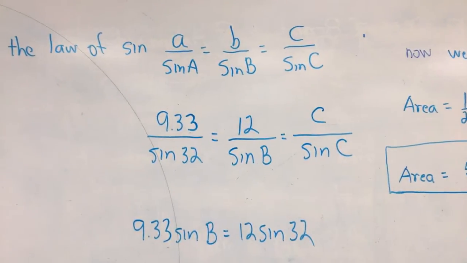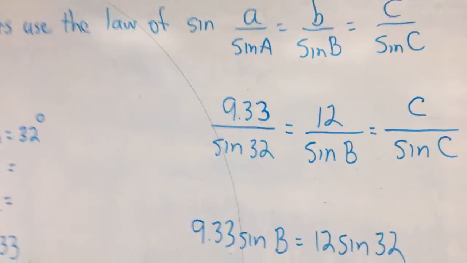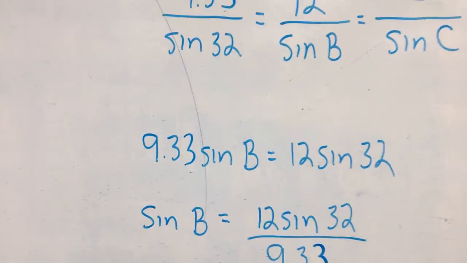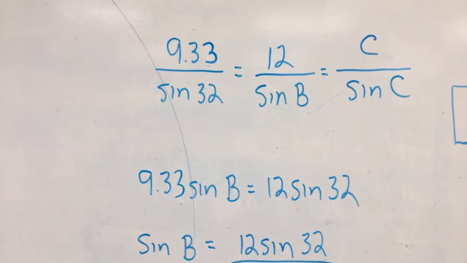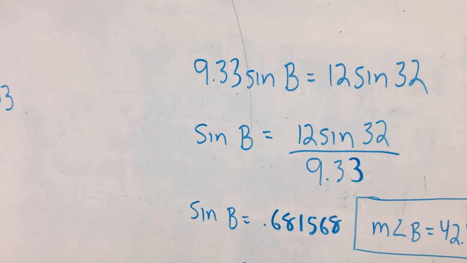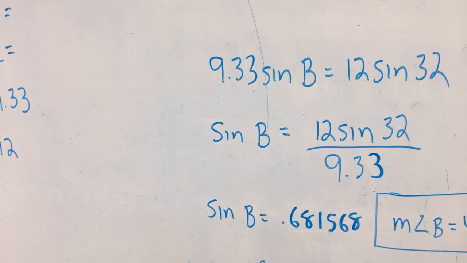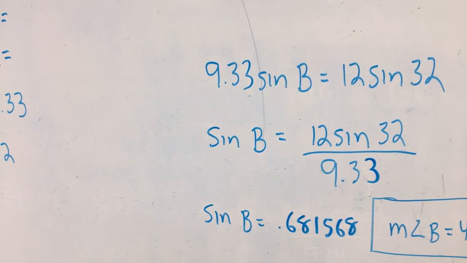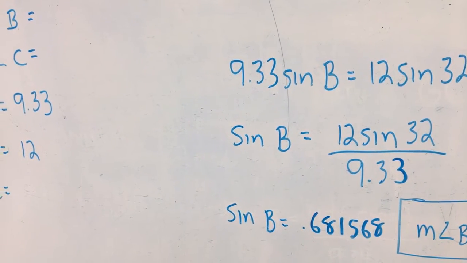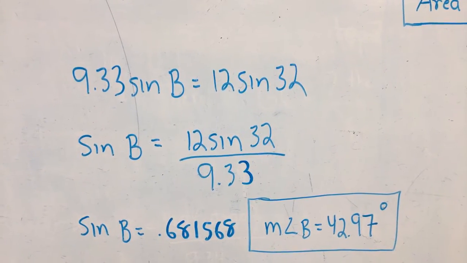So there it is. I'm going to plug this in. Notice sine C doesn't do me any good at all, so I'm going to focus on the other part of it. If I do the plug in here, I get 9.33 over sine B is equal to 12 over sine 32, cross product, and I come down here, and finally, sine B is equal to 0.681568. Now, that's a lot of decimals. Remember, I need the measure of the angle. That looks like sides to me, so I'm going to use my inverse sine key. I'm going to go sine inverse 0.68156, and the measure of angle B is